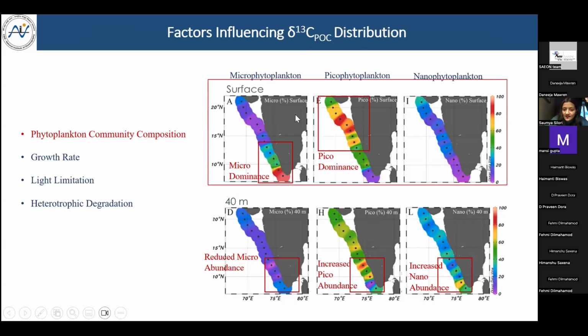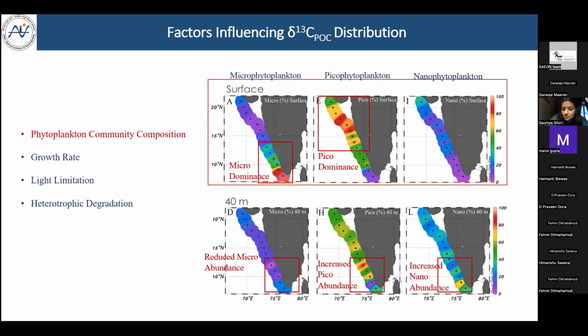If you look at the community composition at the surface, which is my top panel here, and here I'm taking the surface as a representation for what is happening within the mixed layers, because we saw that the phytoplankton community does not change a lot within the mixed layers. If you look at the southern stations, we see there's a greater contribution of microphytoplankton to the community, whereas in the north, we see there's a greater contribution of smaller phytoplankton, such as picophytoplankton. So there's a contrast in the phytoplankton communities between the north and the southern stations,